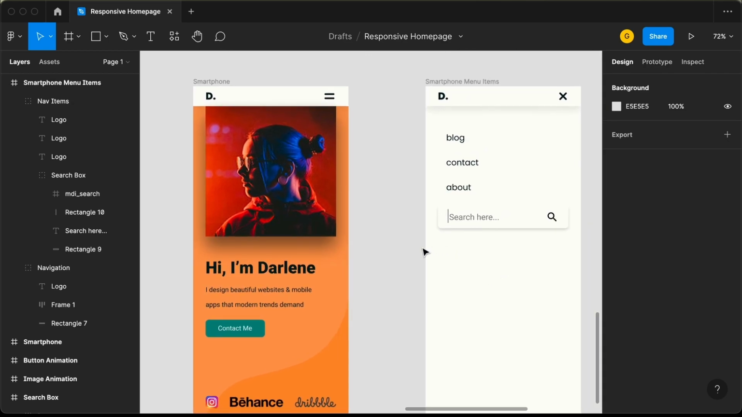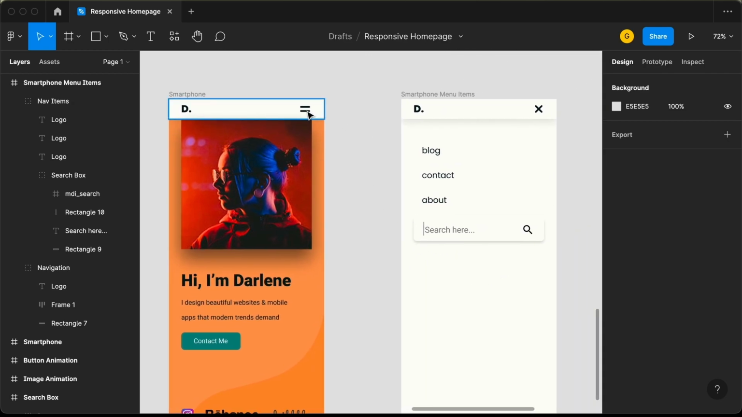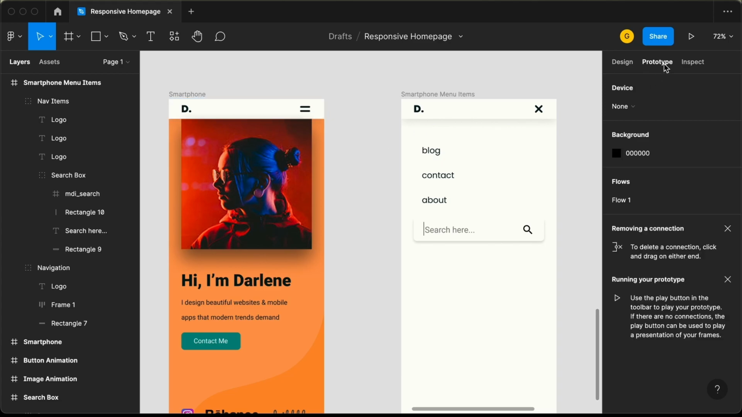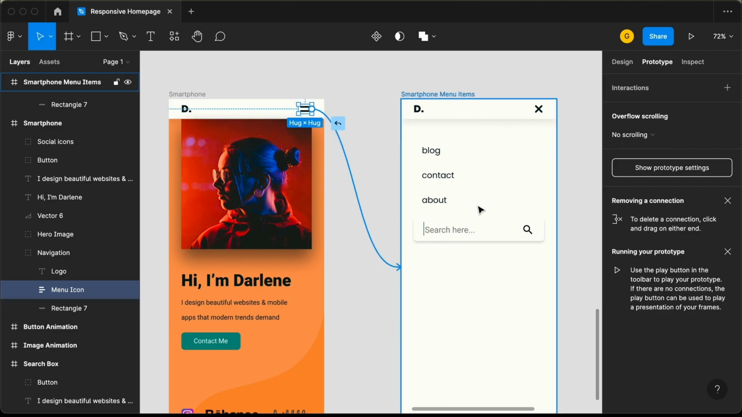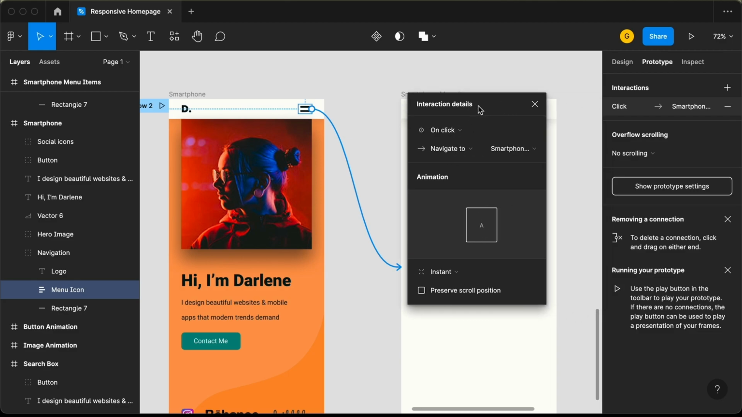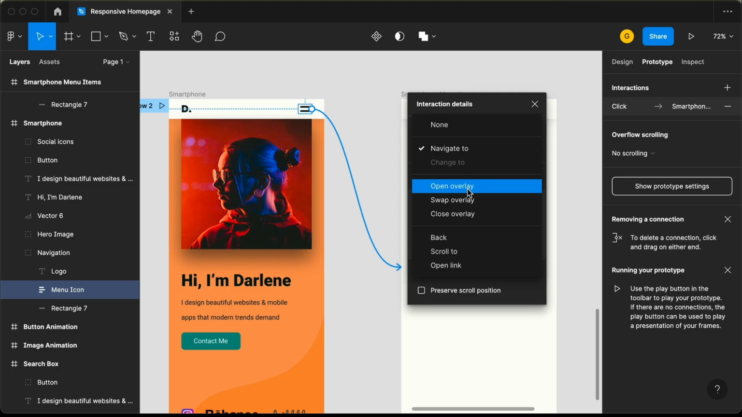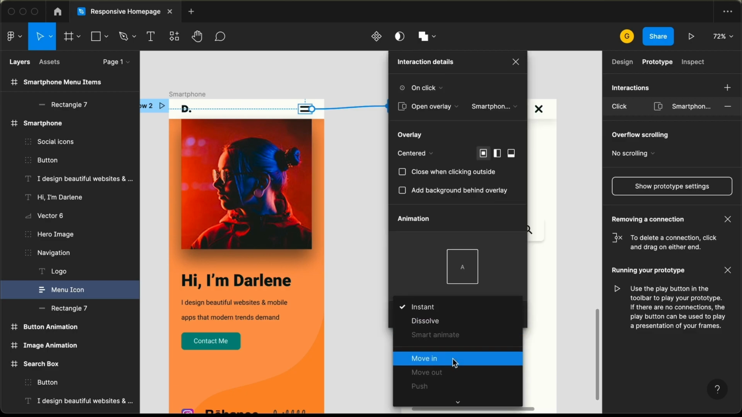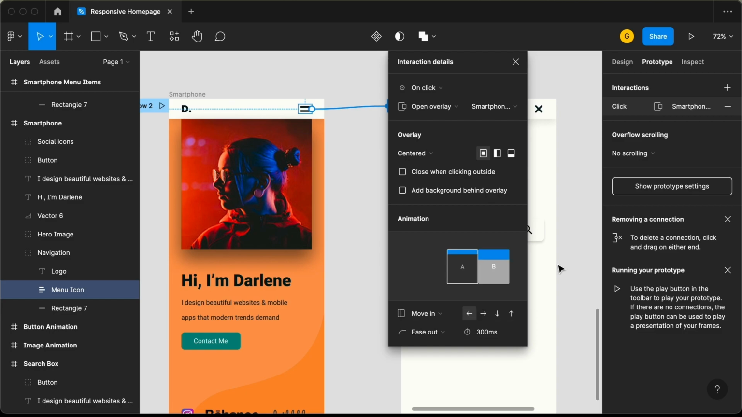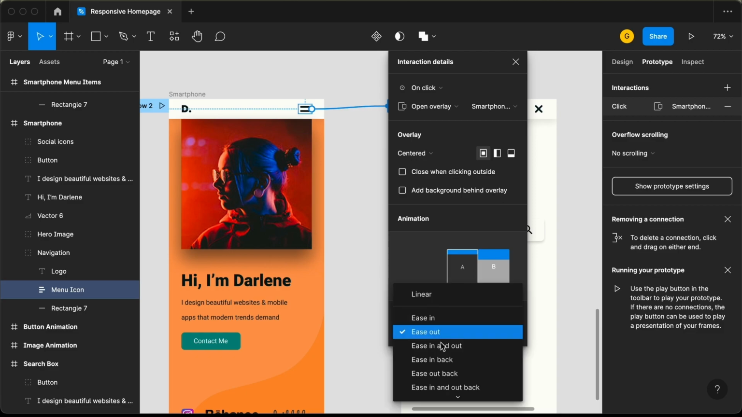Now let's add the prototype, and let's add the animation when we click on this menu icon. So for that we have to go to prototype, and let's select this icon, and let's drag this over here to this frame. And here we have this pop-up. So let's select on click, and instead of navigate to, let's choose open overlay, and then here we have the animation. So let's choose a different animation. So let's choose move in, and we want it to move in from the right, and let's change the easing to